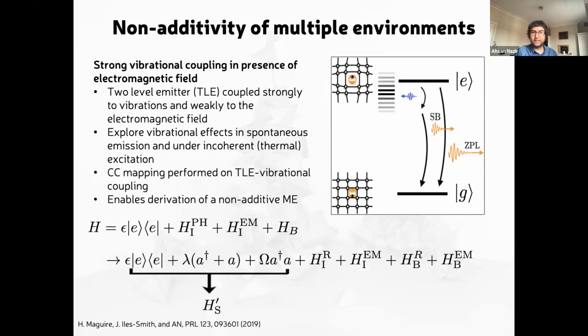We're going to perform a collective coordinate transformation as before, but only on the system phonon coupling, because that's the coupling we assume to be strong. And then our system Hamiltonian doesn't change, but our phonon coupling is then to the system. Actually, there's a system operator missing there. There should be a projector onto the excited state of the system that couples to our collective coordinate. This is our collective coordinate